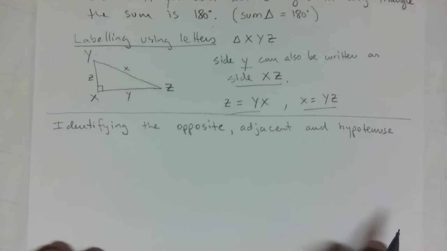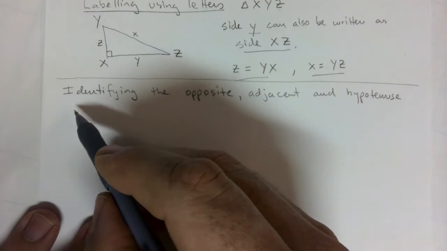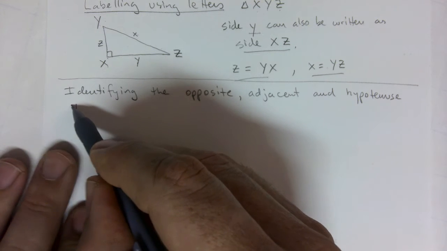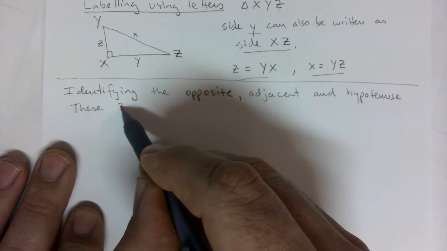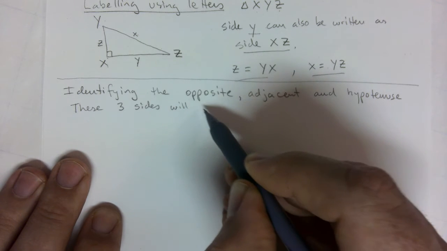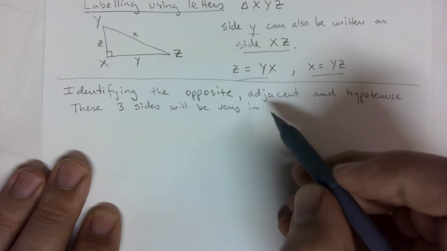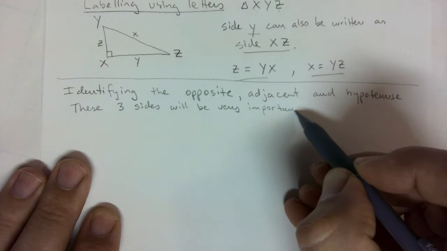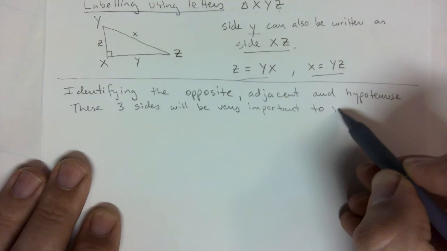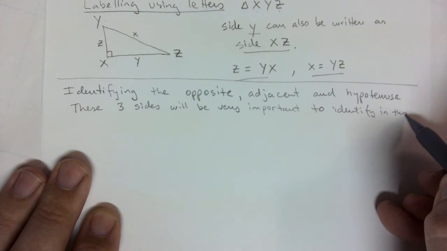This is very important for this unit, okay? These three sides will be very important to identify in this unit, in this chapter,